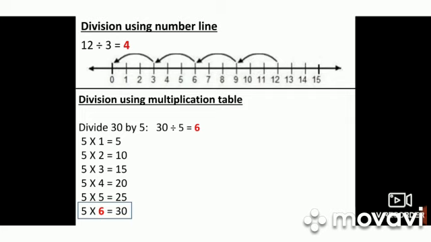Divide 30 by 5. So 30 divided by 5. 5 is the divisor and you can use it as a multiplication table. So take the 5 tables. Start doing the 5 tables till you get the answer 30. Stop there and find how many times in the 5 tables you are getting 30. Look here. 5 ones are 5, 5 twos are 10. Like that I have started. I stopped after getting 30. So at how many times? 6 times. Marked in red color, right? So 5 6s are 30. So the answer is 6.